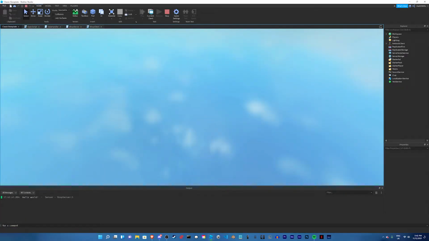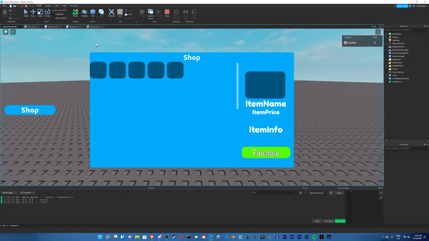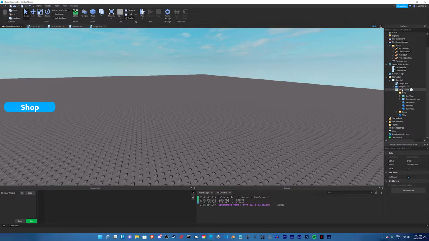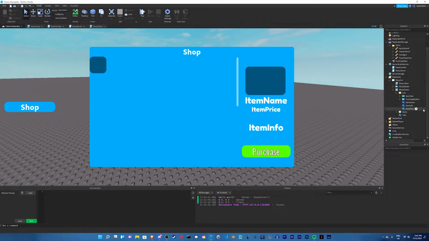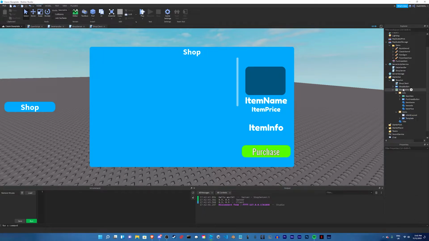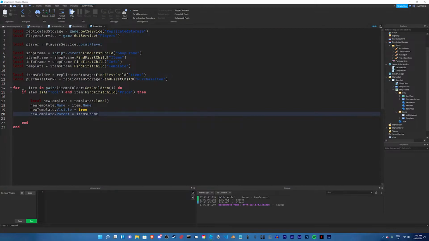So if we quickly play and we open the shop, as you can see, we see as many items in here as we see in here. There's 5. Okay, so I think I know the problem. So if I quickly put the visible of the shop frame, yes. Alright, so put the template visibility to false, and then there. Alright, so